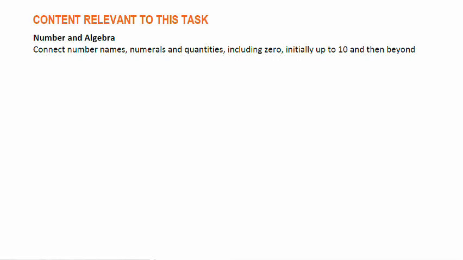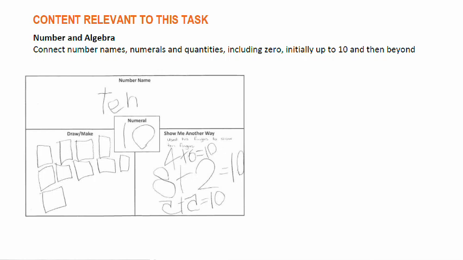So this was the task. So what they needed to do for pre-primary was to connect the number names, numerals, and quantities, including 0, up to 10, and then beyond. So if we have a look at the work sample, you can see that there is a pretty good understanding of lots of things that you would want to see. So they've been able to write the number. They've been able to actually write the number name as well and spell the correct letters in it. It's pretty good. Then they've been able to make the right number of boxes in the left-hand bottom side. And then they've been able to show a number of different ways that they could make the number 10, including